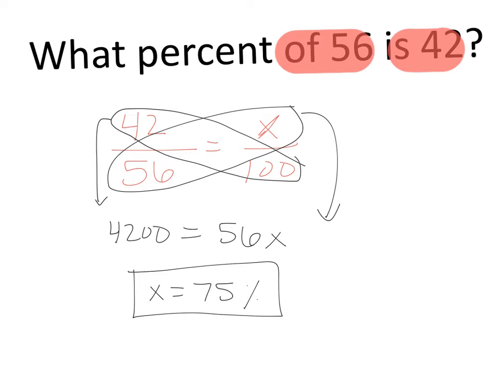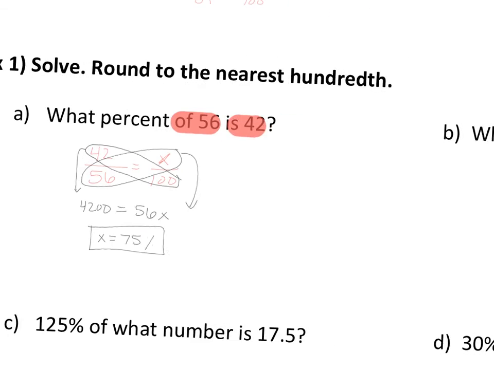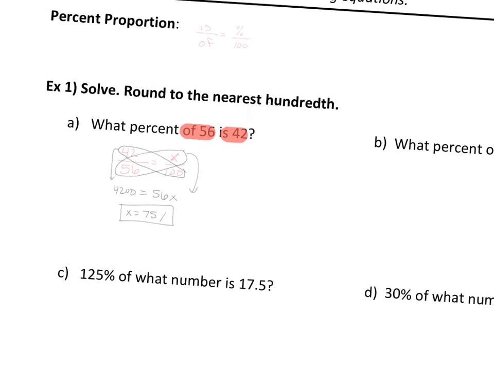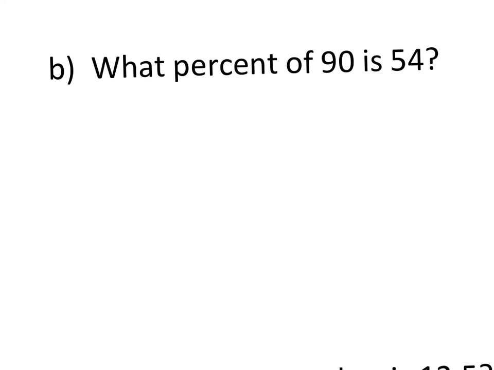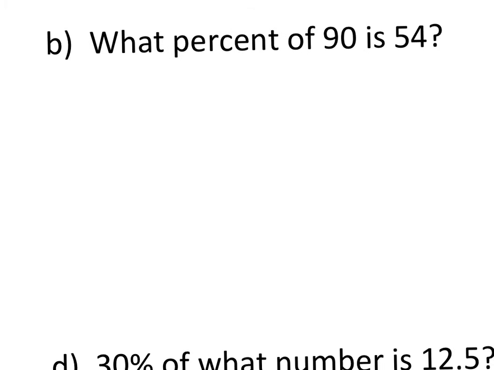So 75%. Okay, so now let's go to B, and B is just like A here, so I want you to go ahead and try this on your own. So we're going to pause the video and you try B on your own. All right, so setting up your proportion here. If you're looking at this, is 54 of 90. So is over of, so I have 54 over 90 equals what percent, I don't know, out of 100. Okay, so then you should have cross multiplied